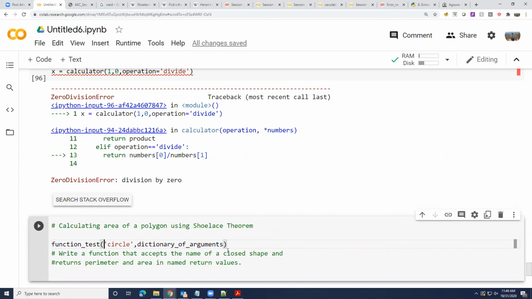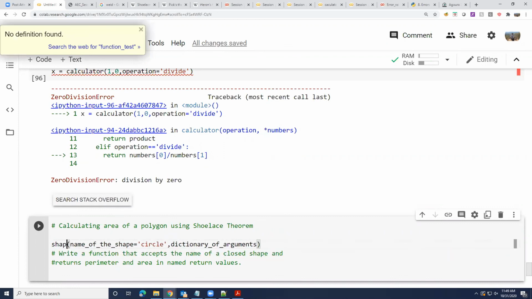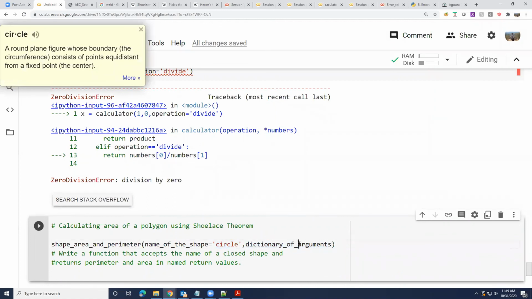So you should accept the name of the shape and some attributes about the shape. If it's a circle, you'll get radius. If it's